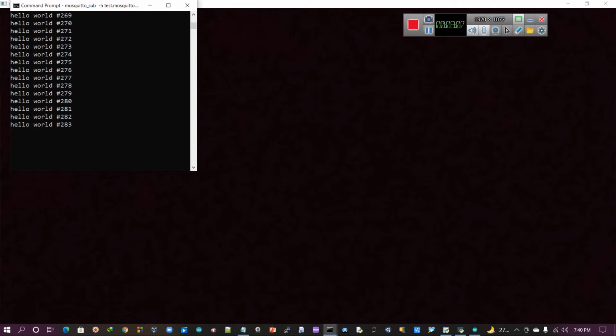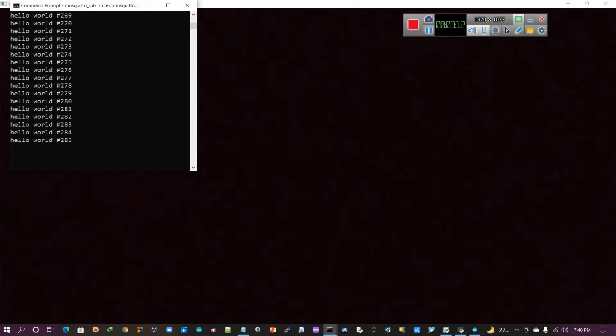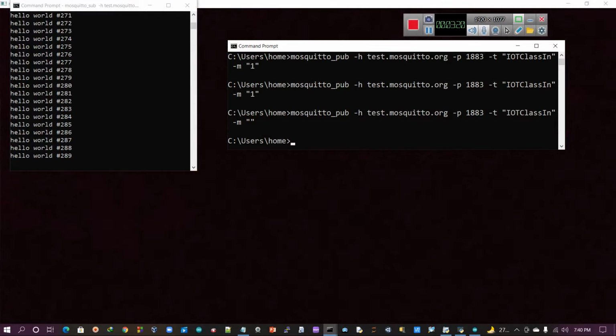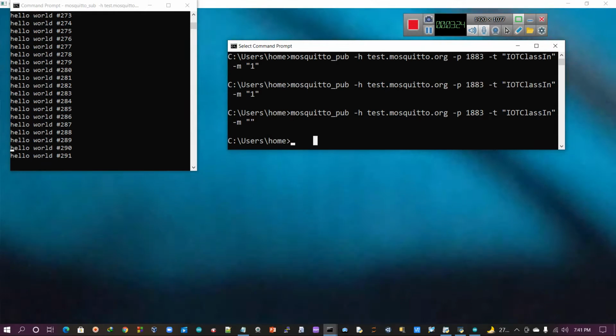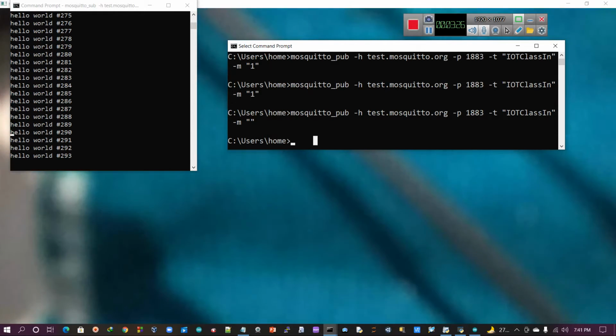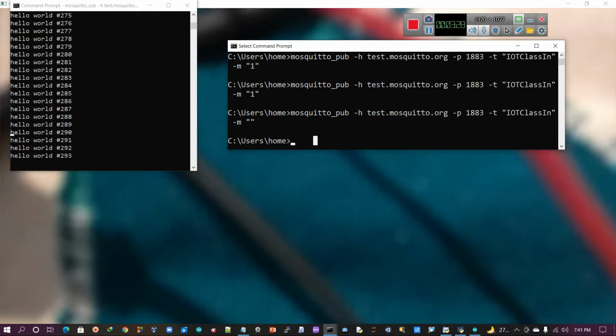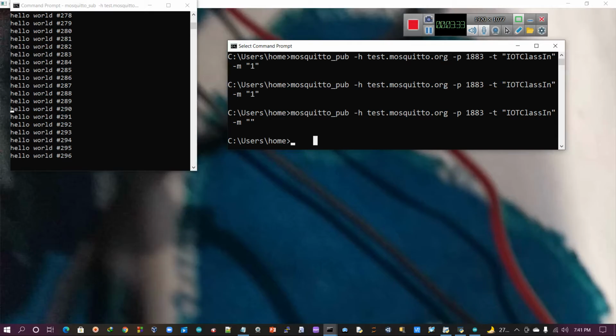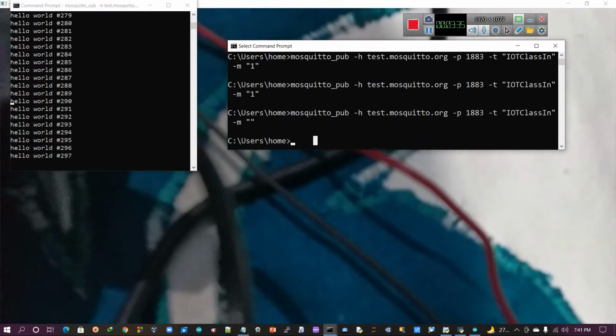This terminal is not the publisher, it is the subscriber, and the NodeMCU is the publisher. I have another terminal, which is the publisher, trying to publish some information. In that case the NodeMCU, which is generally the publisher, will be treated as the subscriber, meaning it can also receive some information.